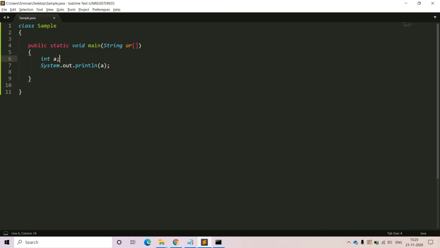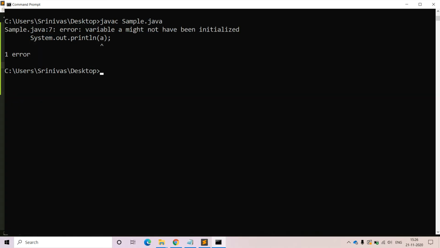Now what we have to do: at the time of defining the local variable, we have to assign some value, 10. Now if you are going to print the same variable, we are going to get the output here. The output is 10. The reason is it is a local variable and it has some value associated with it. Due to that reason, we are getting that 10 value. Try to check it now. Compile. There is no compilation error. At the time of running the program, we are getting 10 as the output.